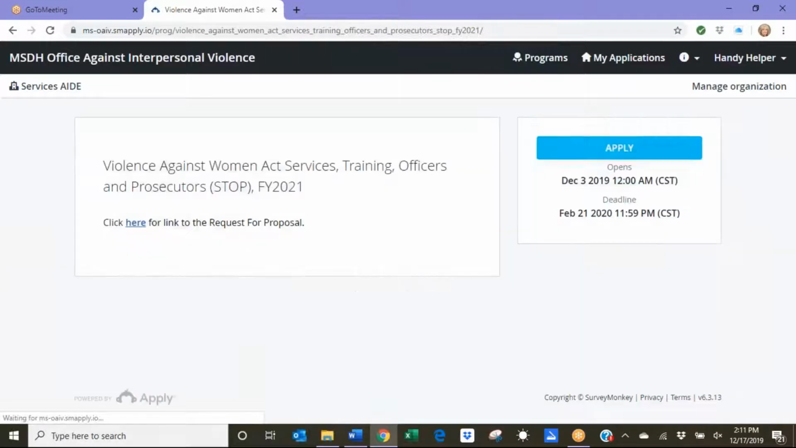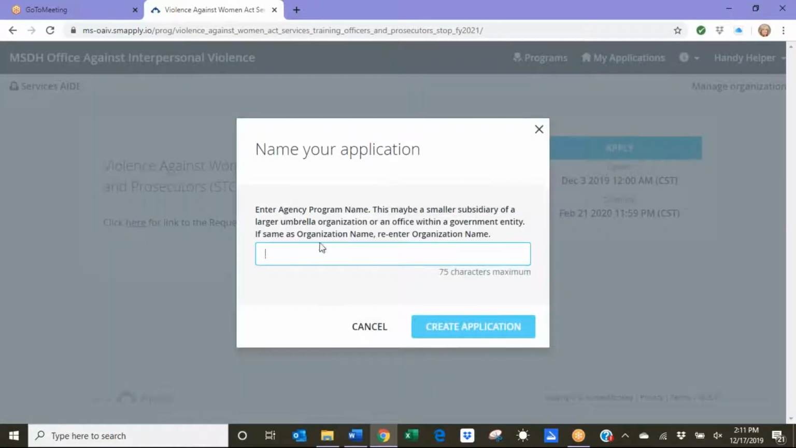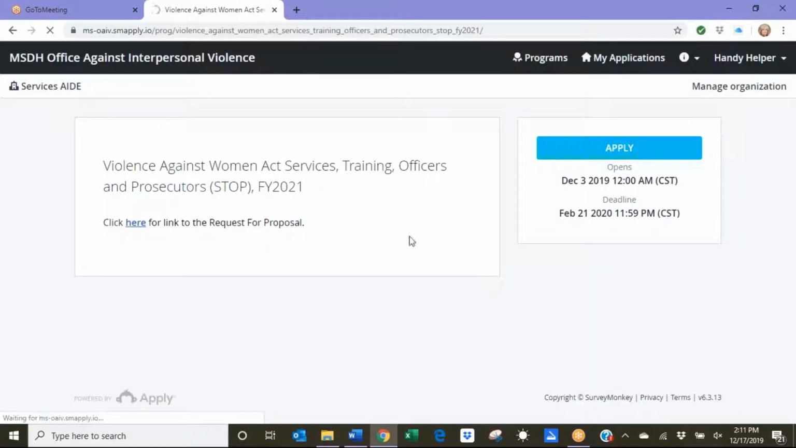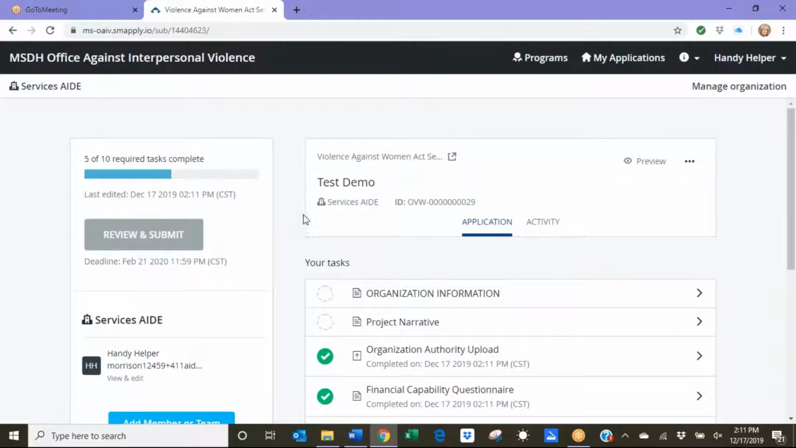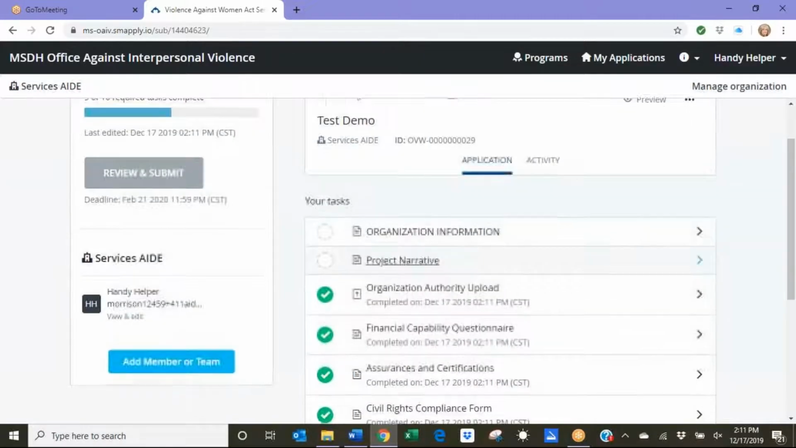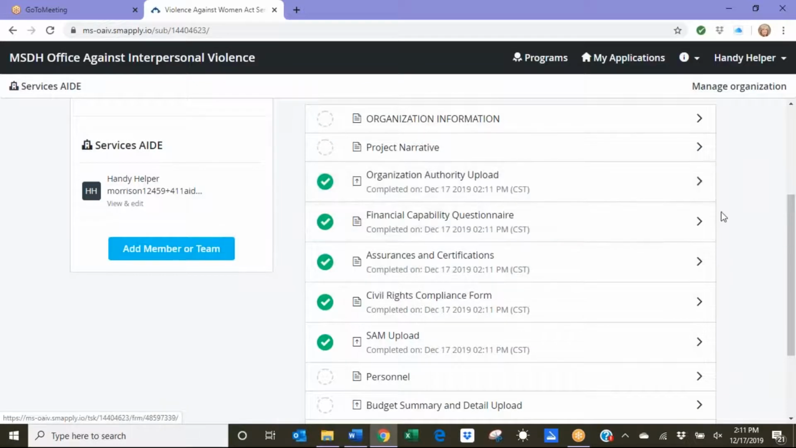And I'm going to do this because I'm going to show you some of the reusable functions. Again, I have to name the application. I'm just going to name it this. Give it just a second to load. So when this loads, I'm going to show you what's going on here. Previously, under my other applications,